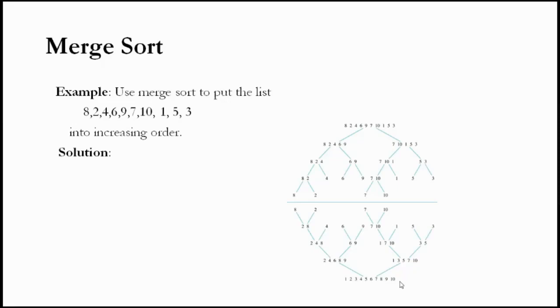So what is the best case, what is the average case, what is the worst case? Best case is nothing but almost all elements are in sorted order, maybe a few elements are not in sorted order. Average case is nothing but not every element in sorted order, but 60% or 70% of the list is not in sorted order. The worst case is nothing but which is completely in sorted order. That is the meaning. So in all these three cases, it will give you the best solution. That is what they call merge sort.